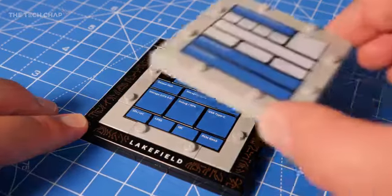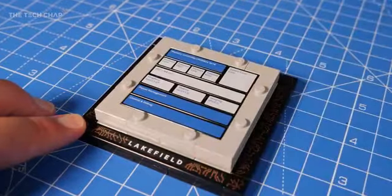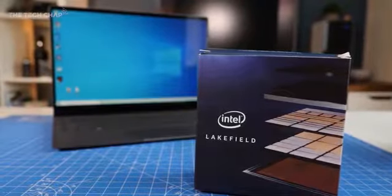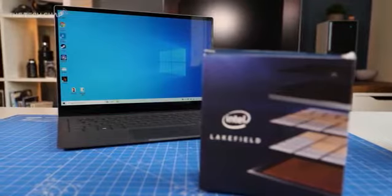So we'll need more time to see if Intel's promises are real and if Lakefield can revolutionize the thin and light laptop, but this looks like a move in the right direction, and the Galaxy Book S is a lovely little laptop. So there's definitely potential there, but what's got me excited about laptops right now are actually AMD's new